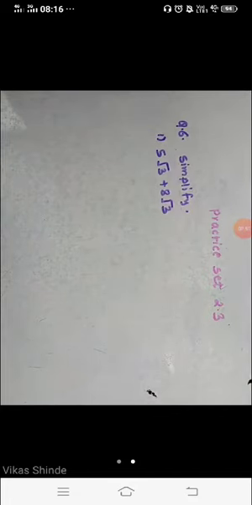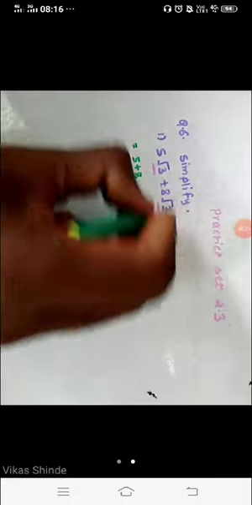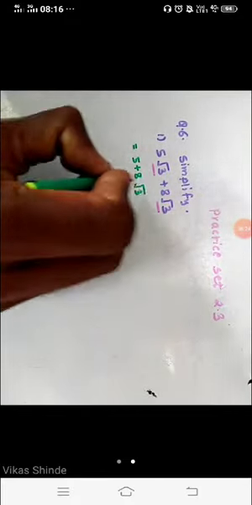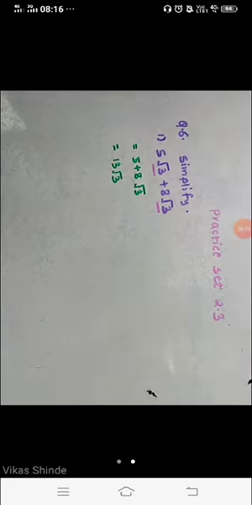Okay student, now look here the next question, question number 6. Simplify. Question number 1, 5 under root of 3 plus 8 under root of 3. In both the places, if you observe here, here is root 3, here is root 3. And here order is 2, here also order 2. Means these two surds have equal order and equal radicand, so we can directly add these two now. Therefore, we have to write in our solution 5 plus 8, write this under root of 3 one time, means common. So 5 plus 8 is 13. 13 under root of 3 is our answer here.